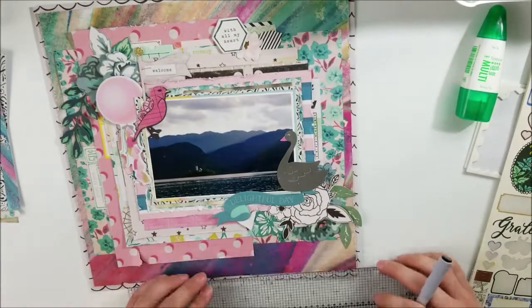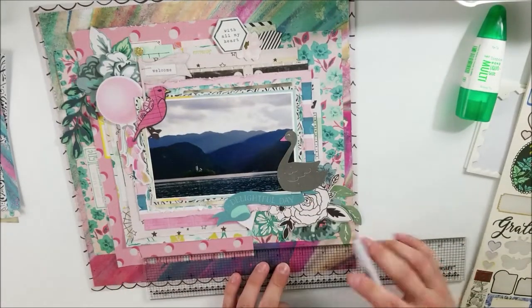So pretty much here now, it's going to be my journaling gets put on there and then my splatters from